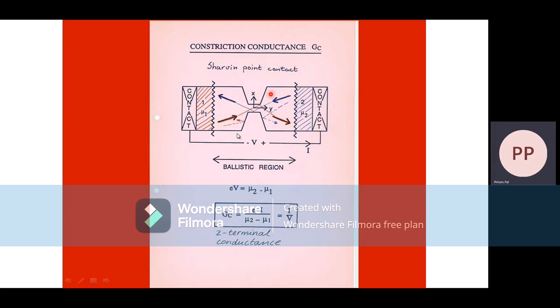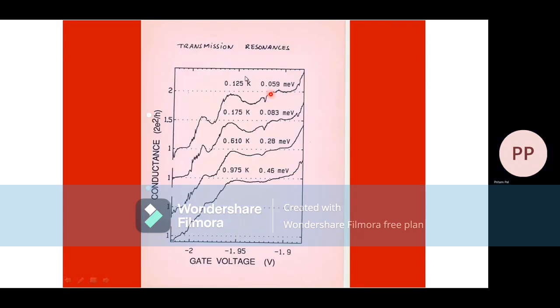Otherwise, if there is no dissipation, there would be no resistance, right? So hence no conductivity. So in this system, we saw that the temperature can destroy the quantization of the conductance. Here is another family of traces where, independent of the temperature, for a family of temperatures from very low to fairly high, conductance. Okay, in a very similar sample,